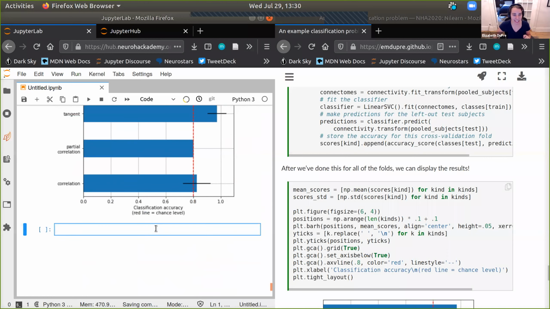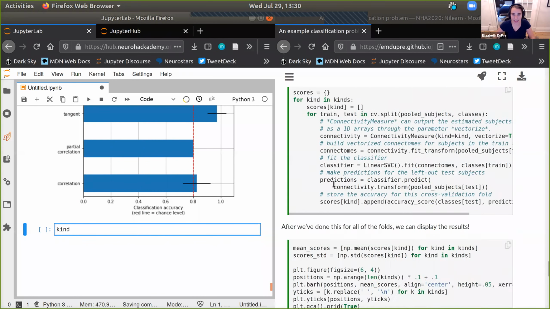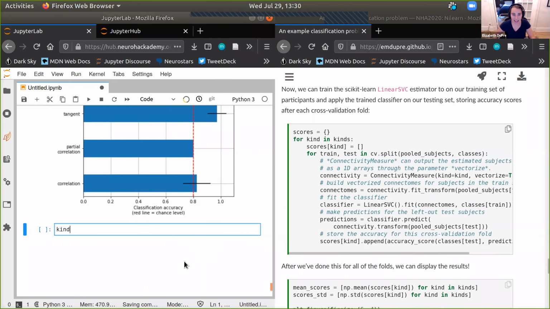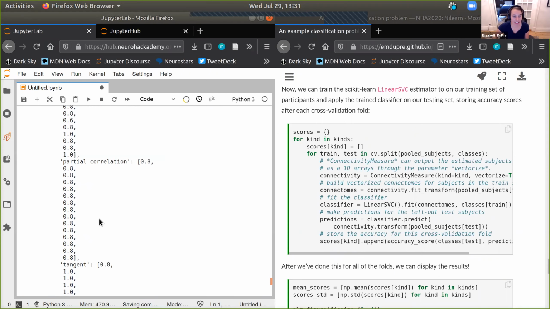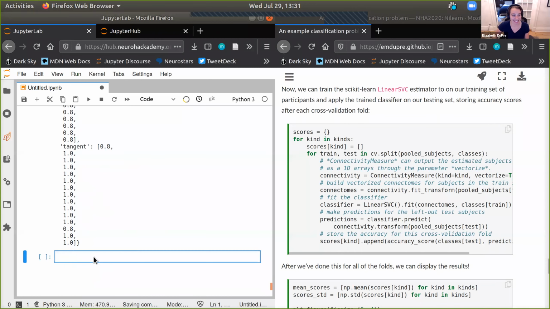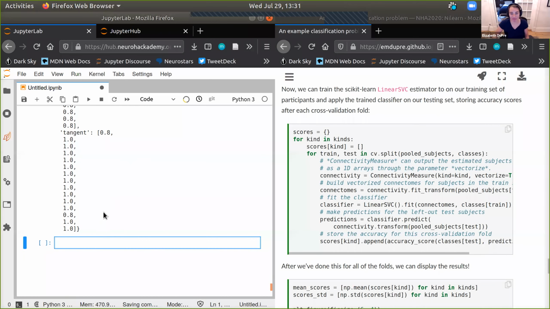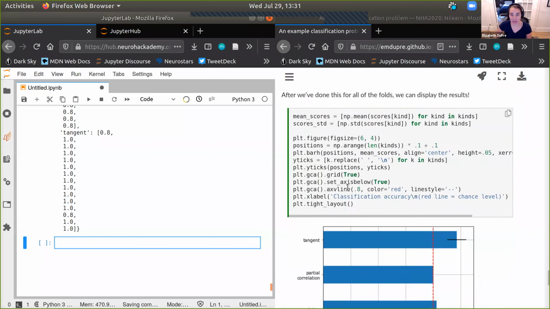And if you wanted to see a little bit more about what everything looked like, you could go to this scores dictionary that we set up, and you can actually see all the different values we got for our different cross-validation folds. So this provides a really nice level of access to know exactly what happened at every point. So that's, I think, really, really cool.